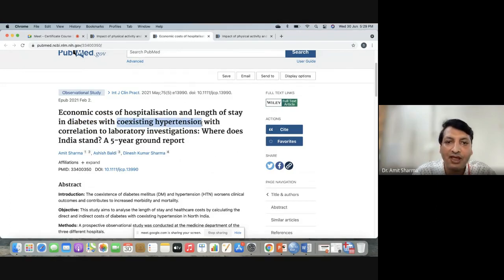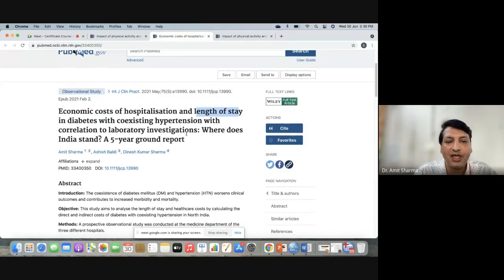For hypertension, I took two tests, systolic blood pressure and diastolic. And for diabetes, I took three tests: fasting blood sugar, random blood sugar, and HbA1c. So 5 independent variables against 2 dependent variables, that was cost and length of stay. So the data of cost and length of stay was similar in both.